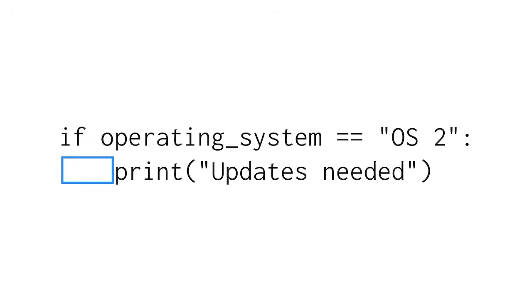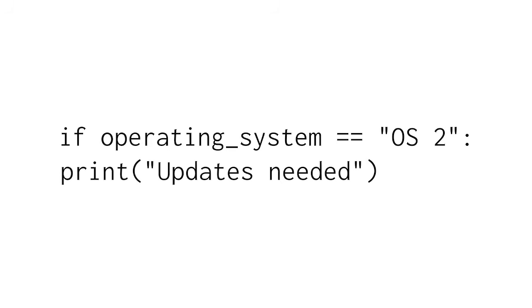If the printf statement were not indented, Python would execute this printf statement outside of the conditional, and it would always print. This would be problematic because you would get a message that updates are needed, even if they're not. To indent, you must add at least one space before a line of code. Typically, programmers add 2 to 4 spaces for visual clarity. The PEP8 Style Guide recommends